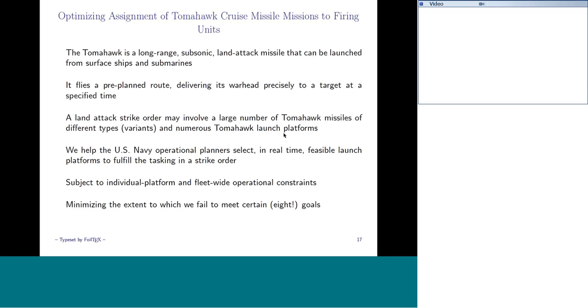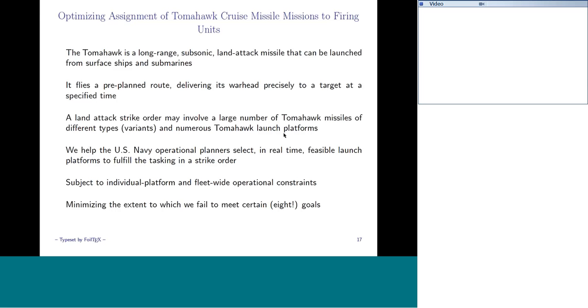So the idea is that we wanted to build a tool to help Navy operational planners select, really in real time, which launch platforms, so which surface ships or which submarines, and not just which ones, but where exactly on those platforms the Tomahawk was located, because there are a number of different areas of these ships and submarines in their inventory, and so you want to say this specific missile in this specific location. And that, of course, has some repercussions in terms of the operability of allowing simultaneous firing of Tomahawks aboard a single ship. I won't get into too much more on that, or it's all secret, apparently.